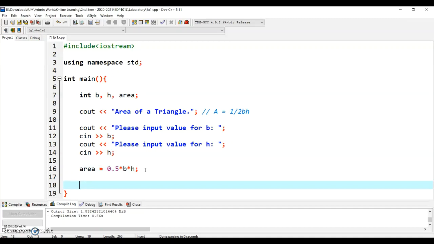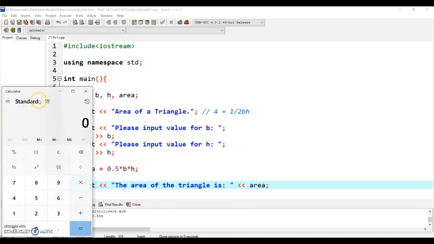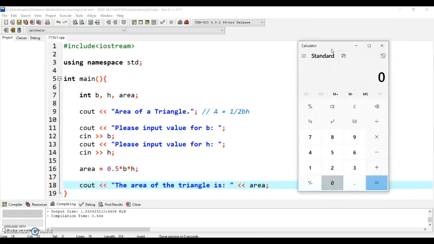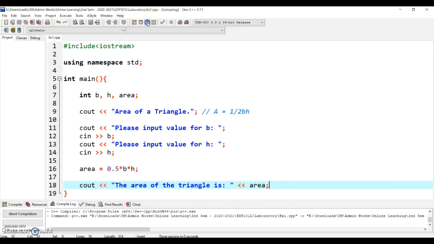Now let's output here: the area of the triangle is, and then we will call the area. Let's say, for example, I'll have a calculator here for reference. Let's say 0.5, and then I input 3 for the base, and I input 5 for the h. Again, 3 for the base and 5 for the h. So the output should be 7.5. So when we try to run this program,